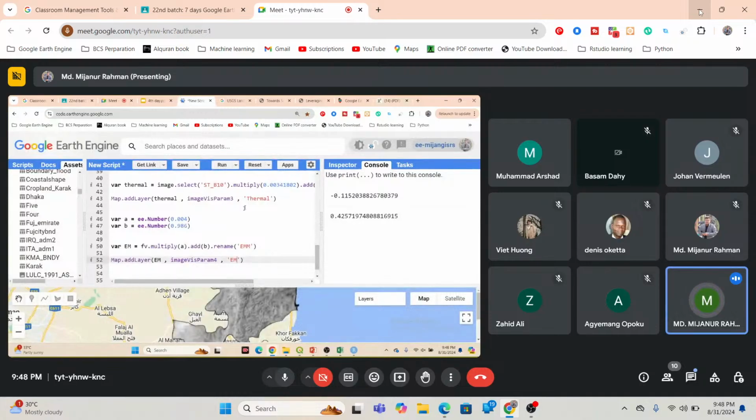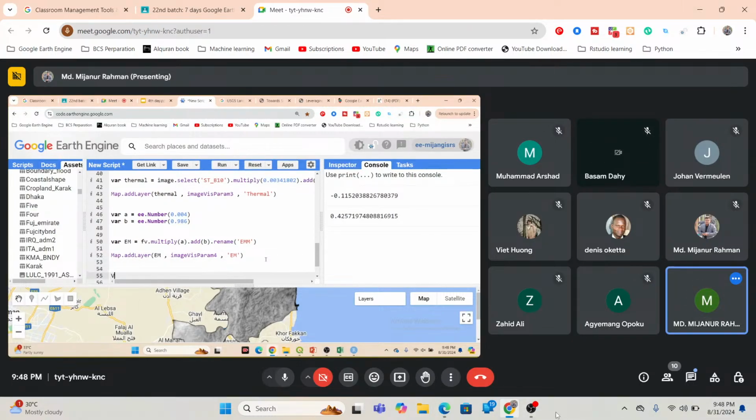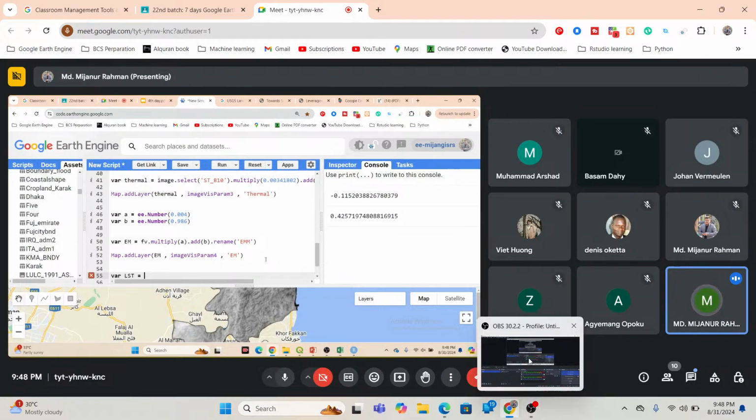So let's try to calculate for LST. Right. For the LST, I just take a variable. Suppose I put the variable name LST. And then we are just going to call the